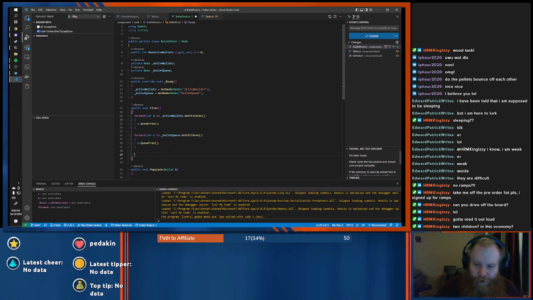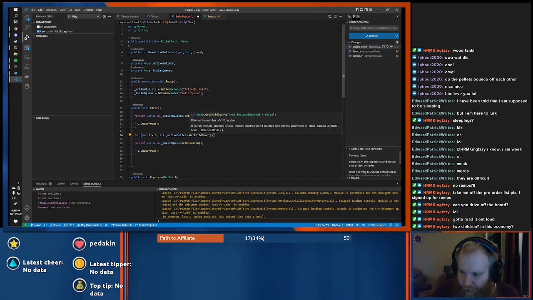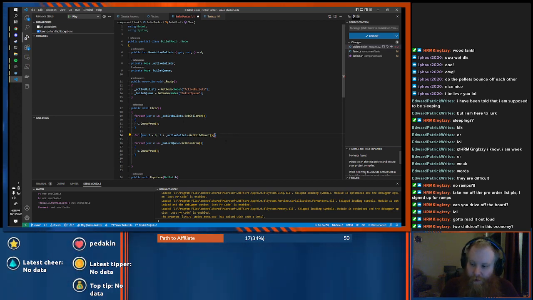So we're gonna do this in a bit more of a verbose way. We're gonna use a for instead of a for each, where i equals 0, i less than active bullets dot child count. That's number of child. And i plus plus.